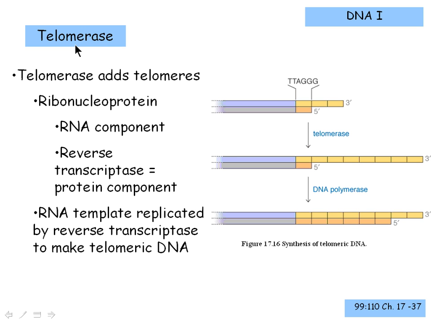So as I said, telomerase is the enzyme that adds telomeres to the 3' end of our DNA after replication. Telomerase is a ribonucleoprotein, and as the name suggests, it has a ribonucleo component as well as a protein component. The protein component is called a reverse transcriptase. And as most of you know, in transcription, we use a DNA template, and we make RNA from that. That's called transcription. However, as you can imagine, in reverse transcriptase, we take RNA and use that as a template